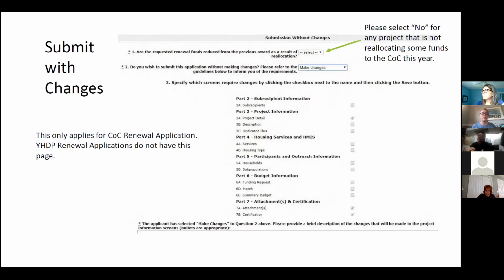For question 2, if you're going to make any changes, you just say make changes. If you're not going to make changes, then you take the other answer. I don't remember what it says. I think it's no changes. And question 1 is if you're